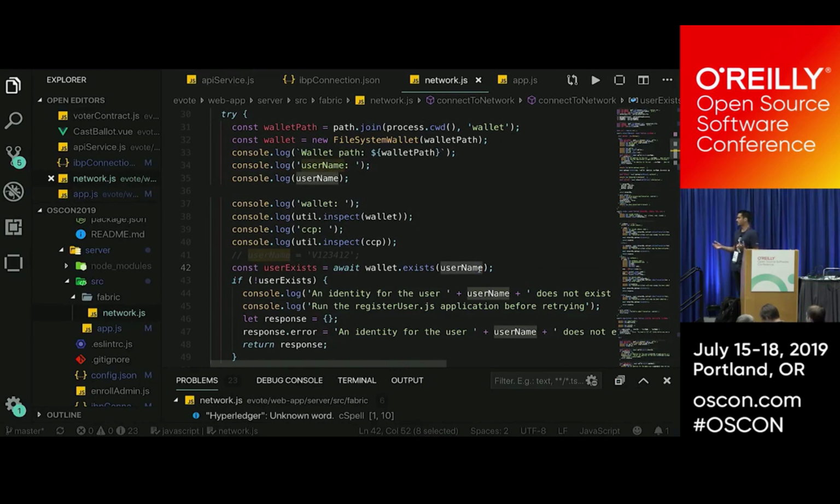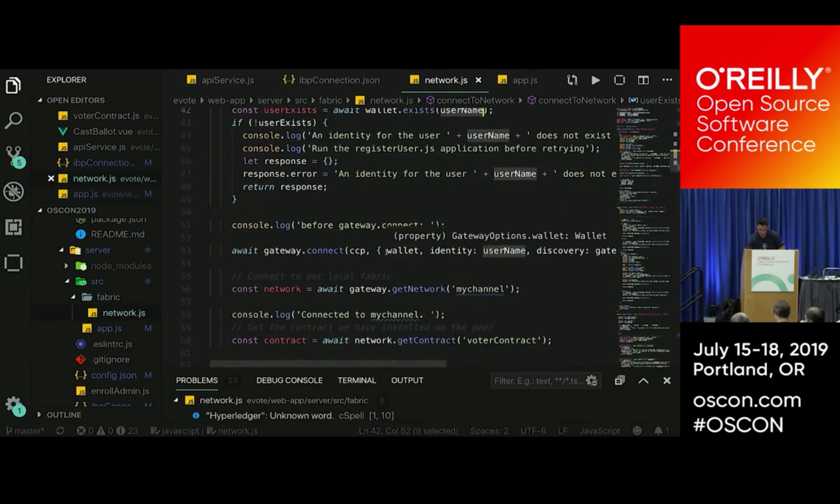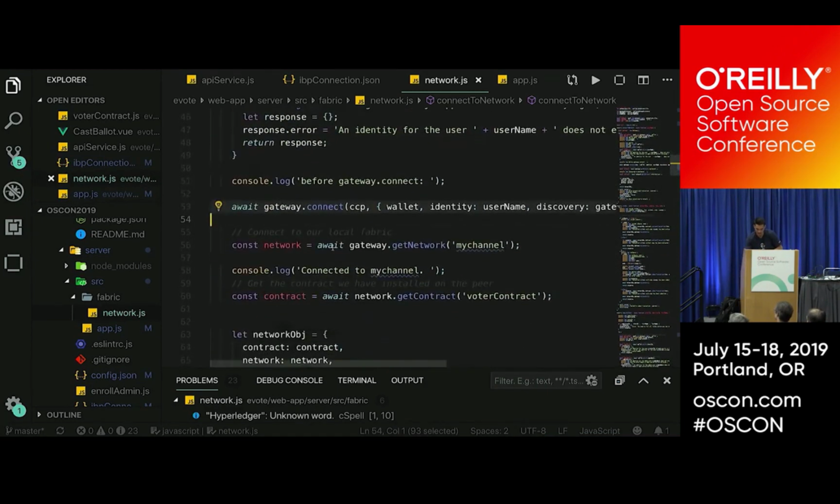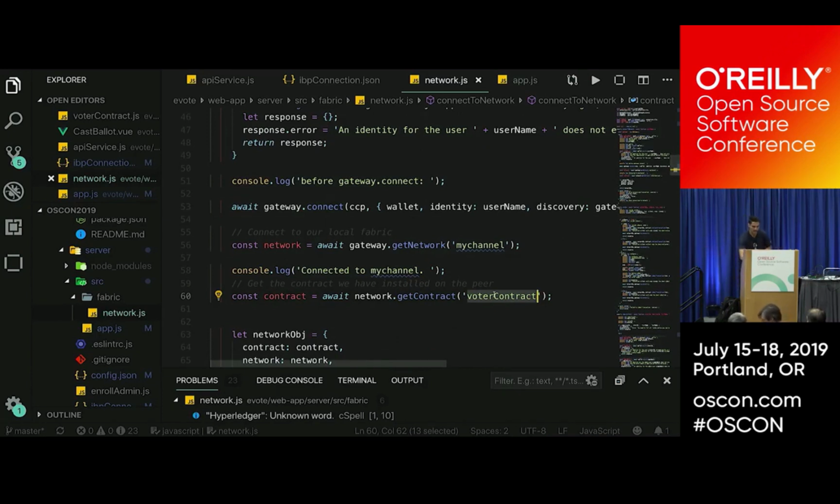If this username doesn't exist, we have to register an identity for them. After that, we connect to the network, and we're connecting to the network by passing in our wallet. The wallet contains all the identities, but then we want to pass in a specific identity. So that's when we're actually putting that voter ID, we're passing in our identity there. And then we have a specific voter contract. So we're looking for this specific contract, and in our